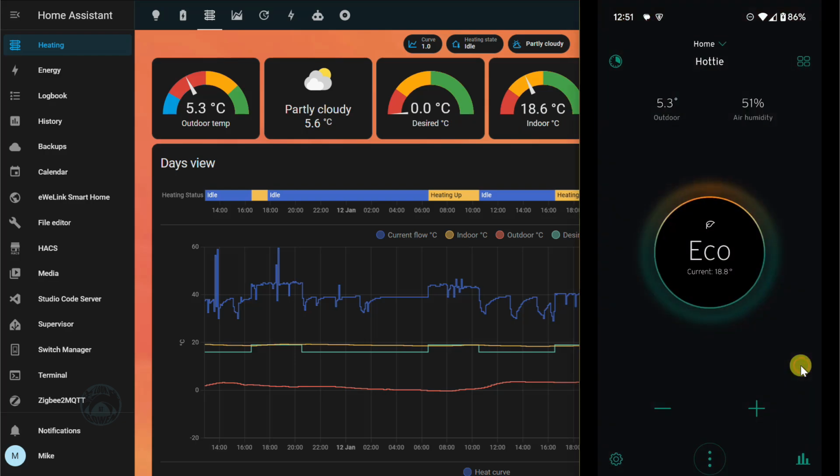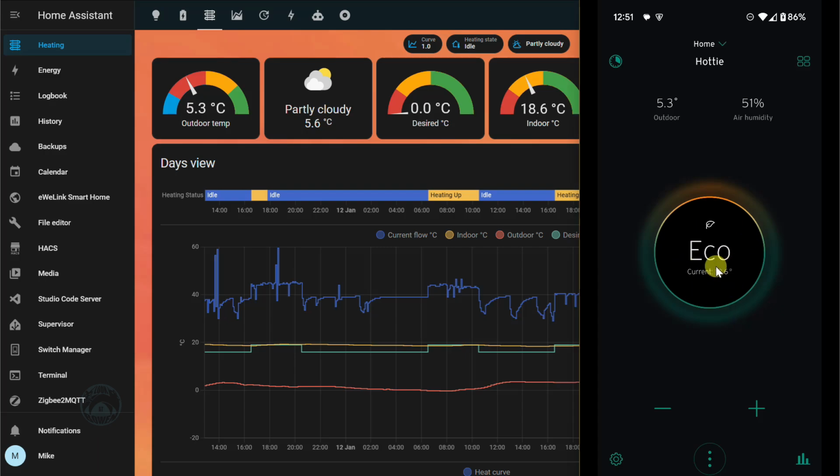So here is the myVaillant app, and this is the front screen when you open it up. And on it, you can see very basic information. In fact, there's a lot of wasted space in this app. I've covered in detail this app in a previous video, and I'm going to put a link in the description. So I'm not going to go into too much detail, but I'll just show you a few things that bug